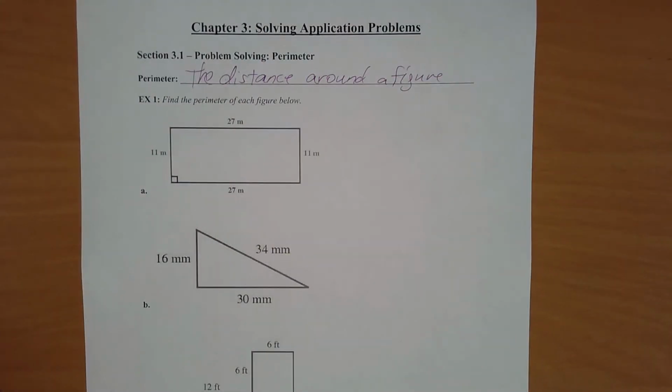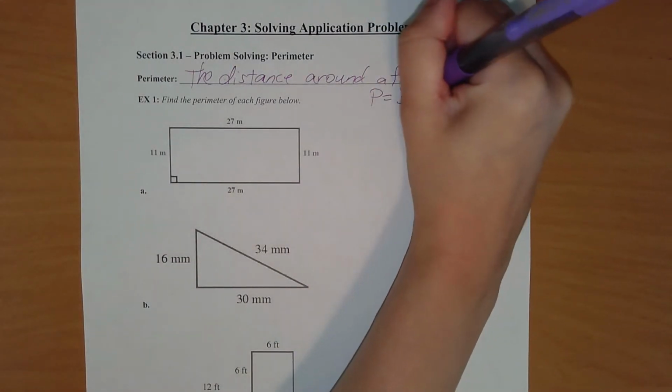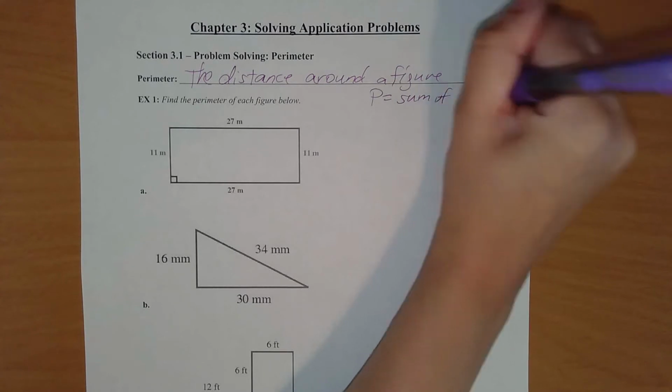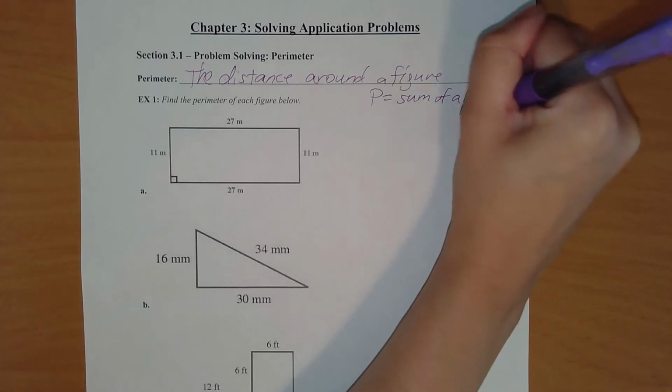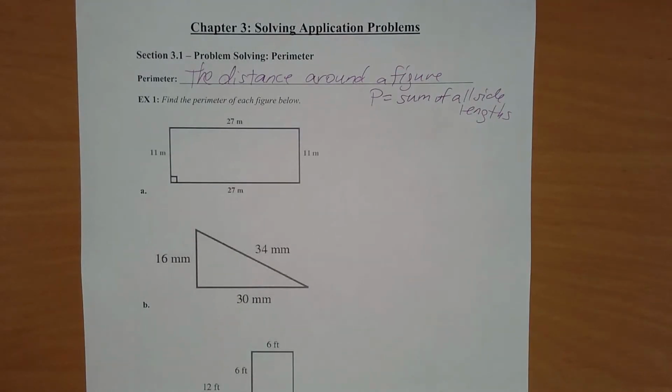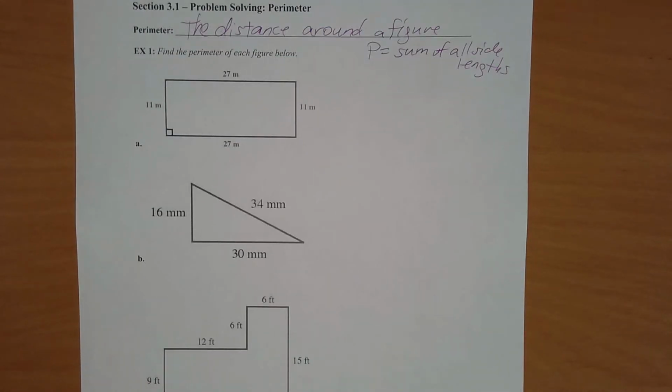So if you want to find perimeter, all you need to do is add all of the side lengths together. So perimeter equals the sum of all the side lengths. That's it. You ready to give it a try? In example 1, I've got some pictures for you of some different figures, and we're going to find the perimeter